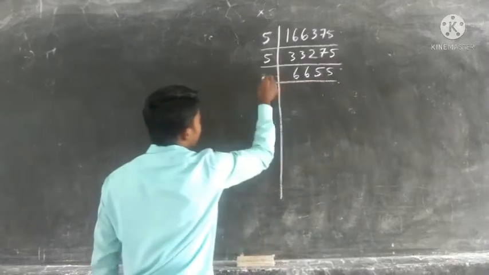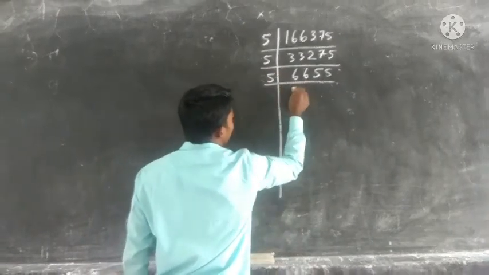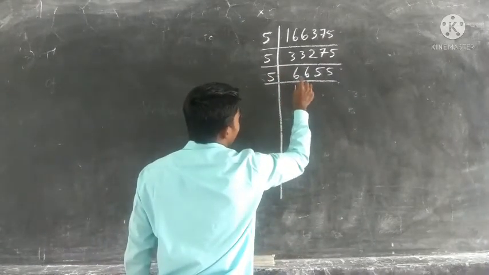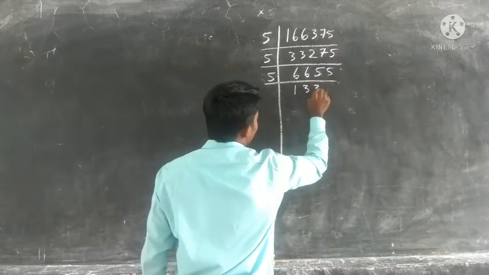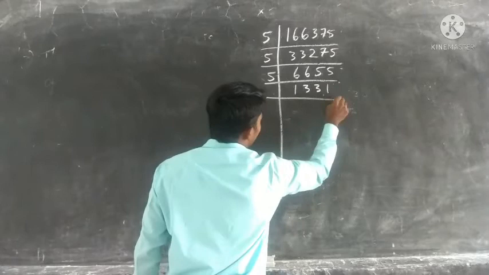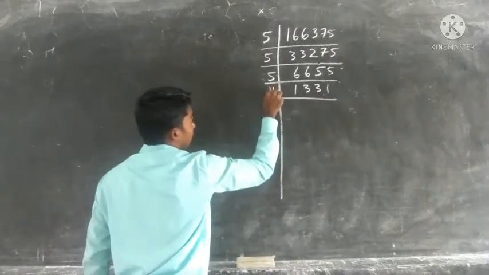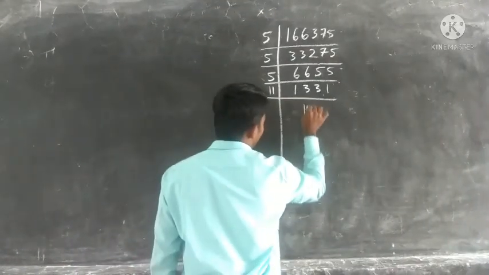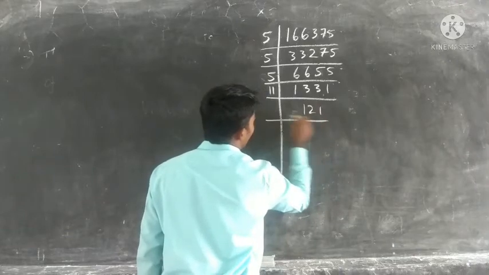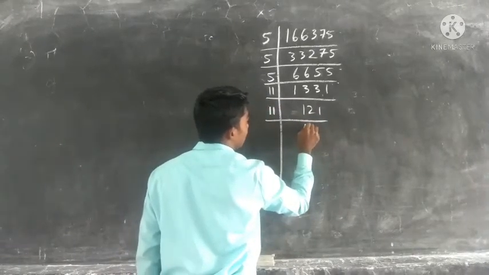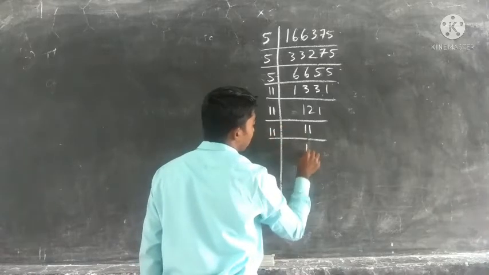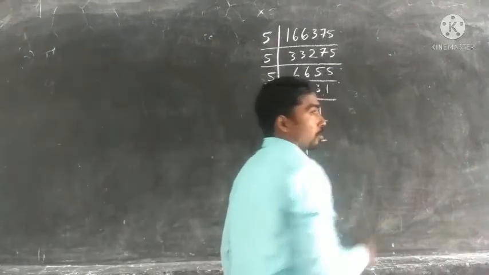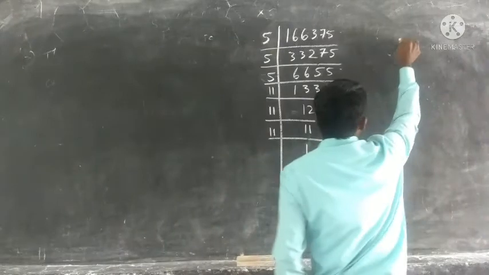We can divide this number by 5. We will get 1 5s are 5, 3 5s are 15, 3 5s are 15, 1 5s are 5. We can divide this number by 11. You will get 121. 121 we can divide by 11. 11 we can divide by 11. We get 1. Now we are going to factorize 1000.